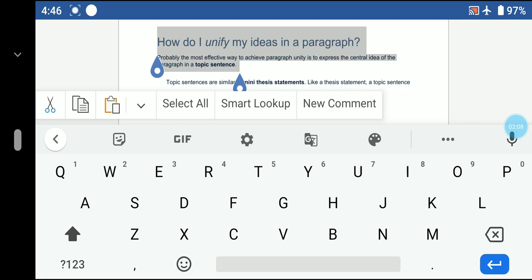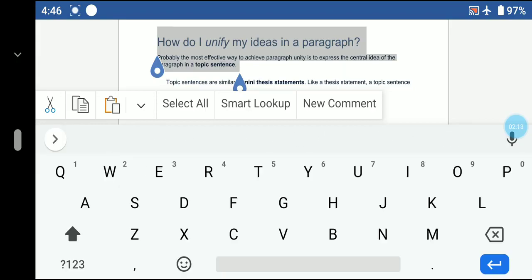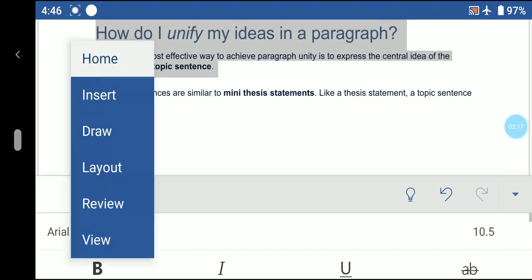Then after the selection is done, you have to go to the Home tab. So I click over here, this is the Home tab.